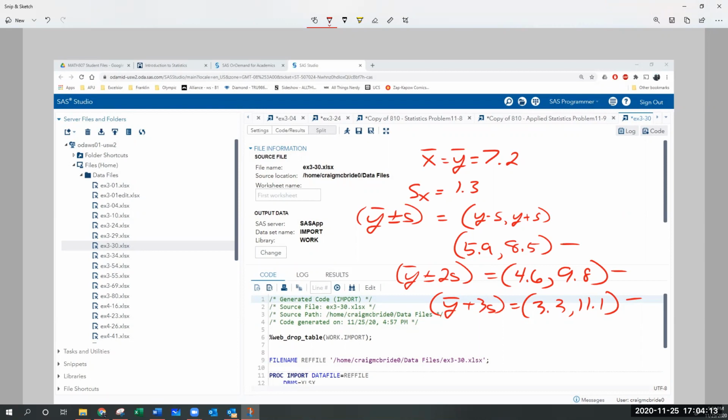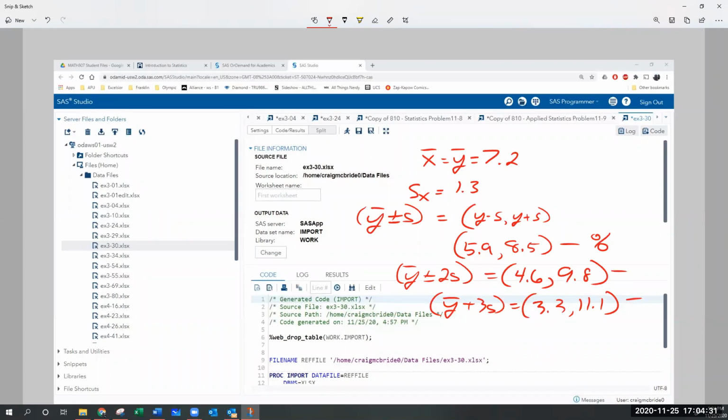So you'd go through your data, sort your data, and count up how many 6s, 7s, and 8s you have, and then divide that by the total number, which was, I think, 50, and that'll give you a percentage. So you'll get some sort of percentage of your data that falls in this interval. And then you do the same thing here, right?